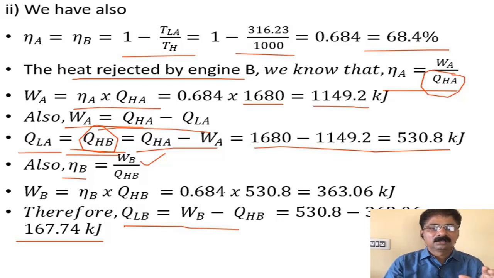Now while doing this second part calculation, without my knowledge, I finished the third part calculation also. What is that? The third question is asking us to calculate the work done by engine A and B. In fact, though our target is not that, we finished that calculation in this slide itself. You can see WA is here and WB is also here, and the answer is here, 1149 and 363. Though it is supposed to be calculated in the next slide, we finished that calculation here itself.